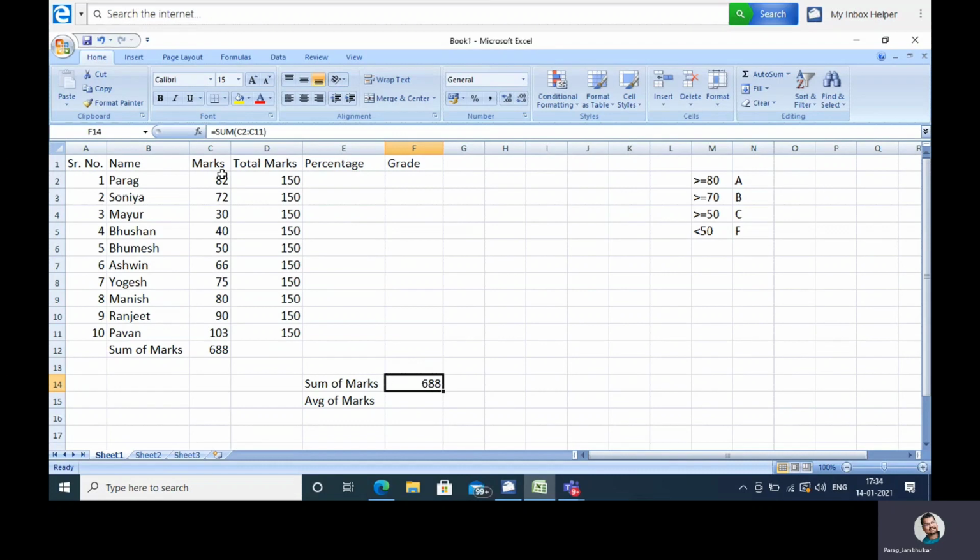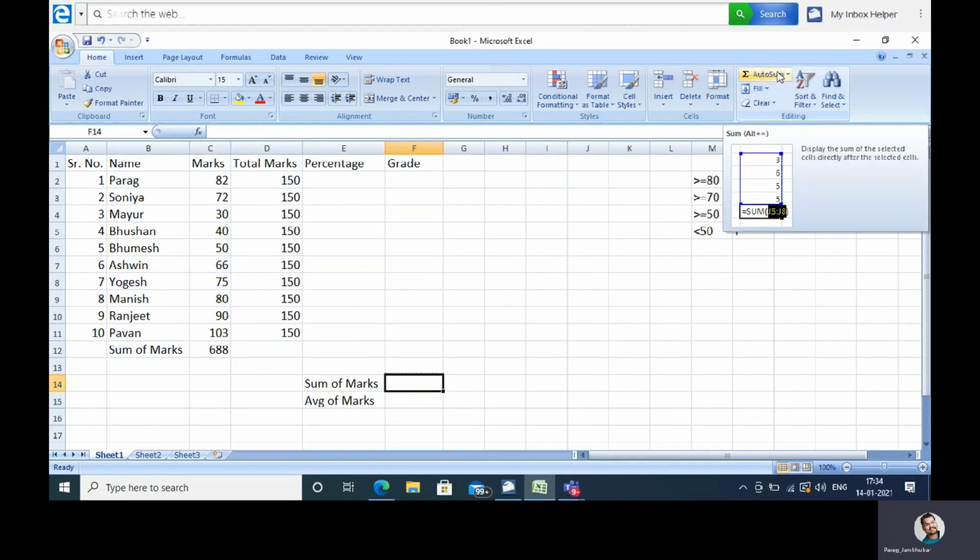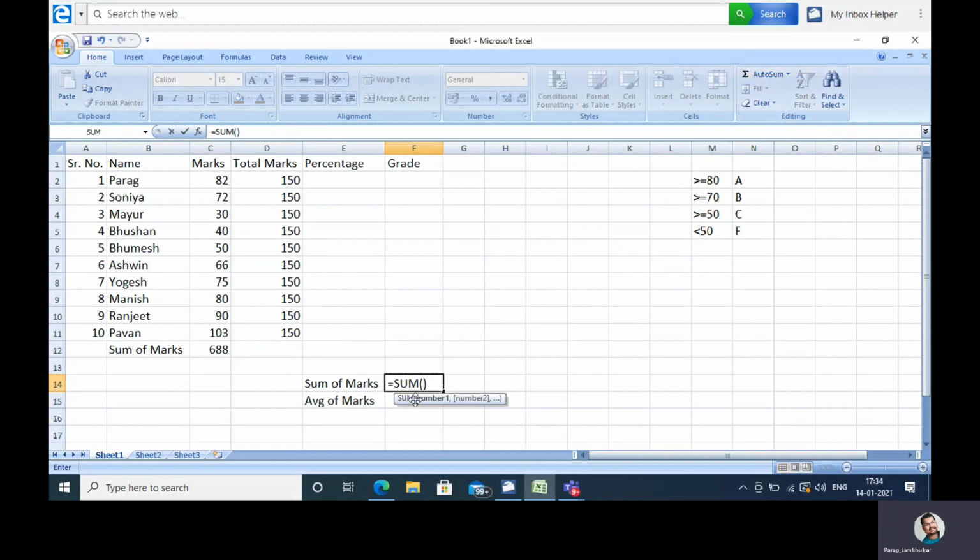So here we have chosen all these values. But suppose I don't want sum of all these values, and suppose I want sum of these, this, and this. So that also we can do. So I take the Sum function by clicking on this. Then suppose I want sum of this. So press the Control button. Then I want sum of these, this, and this. Then press enter. So here I got sum of only 3 or 4 values, whatever we have chosen.